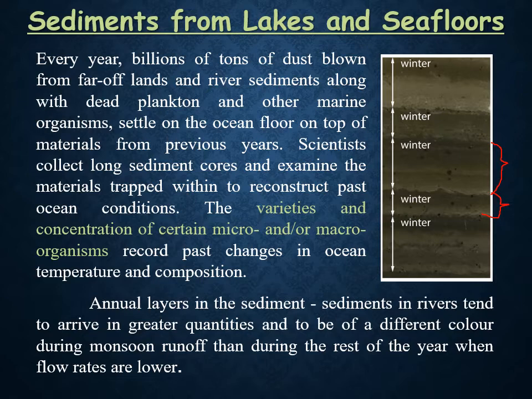Now, these annual layers are very commonly found in glacial lake conditions. You already know that the glacial lake deposits are known as varve deposits, where the variation of sediments is clearly identified and annual layering is clearly seen in glacial lakes. But apart from glacial lakes, in marine and terrestrial lakes also, these kinds of layerings are found.